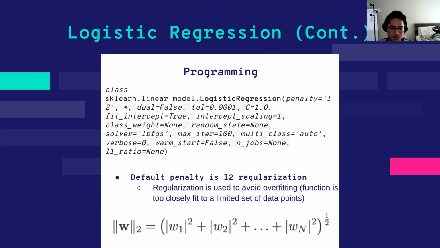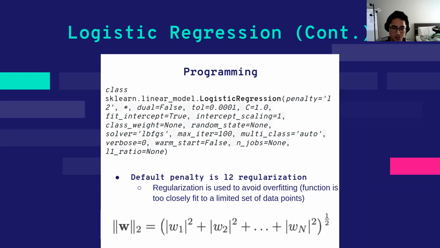Now, when you deal with machine learning, you're going to come up with this problem called overfitting. Overfitting means that your function is too closely fit to your data points. So let's say you have a model, and the accuracy for modeling your training data is like 99%. But for some reason on your test data set, its accuracy goes down to 85%. That's what we call overfitting. It fits too much to the training data set, but doesn't do well in generalizing to a new set of data points. And that's bad.